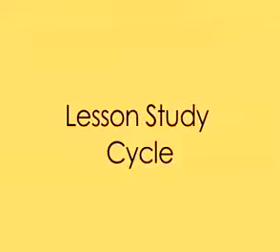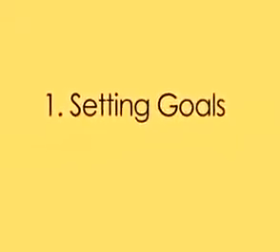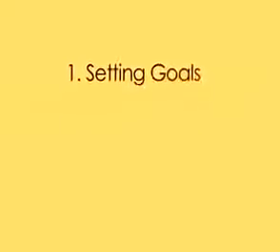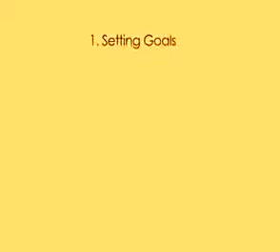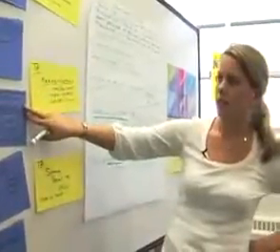In the lesson study model, teachers go through a process called the lesson study cycle. The first step is setting goals. A lesson study cycle is focused on specific goals for student learning. Teachers commonly begin the process by discussing student learning objectives and areas where they feel those objectives aren't being met. This conversation can be informed by school and district level goals and by analysis of data. Teachers identify a broad long-term goal and then identify specific shorter-term objectives that can be focused on within a single